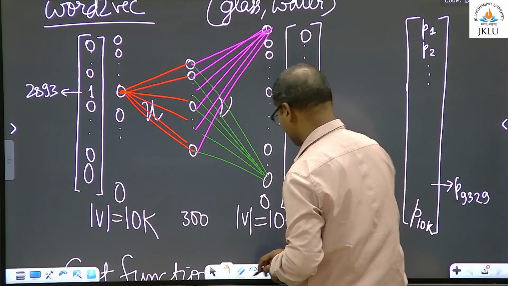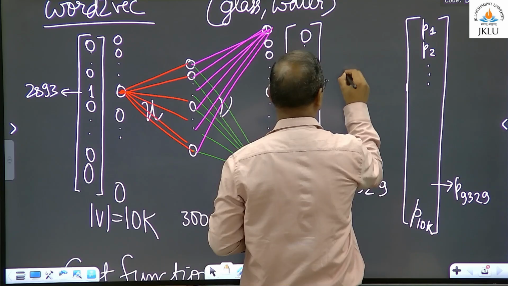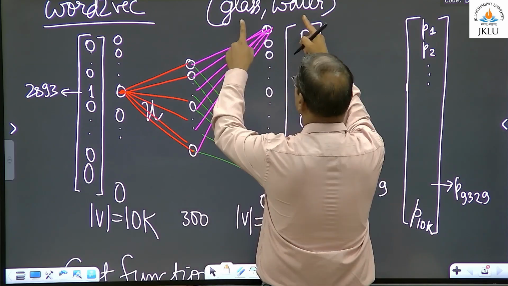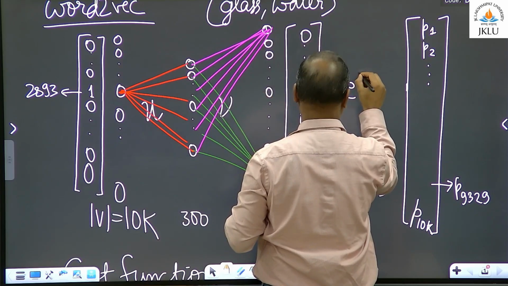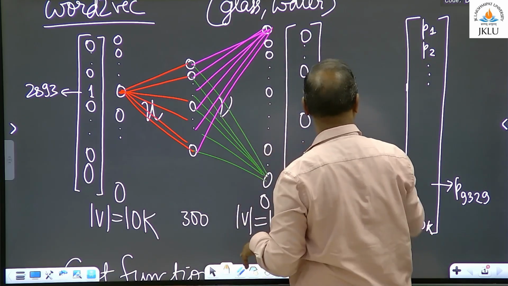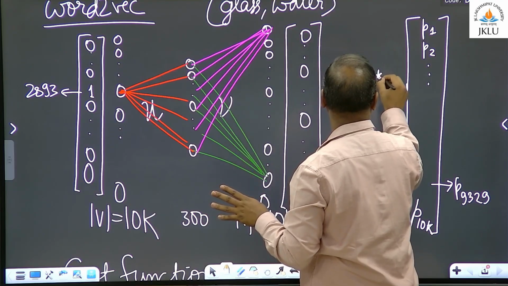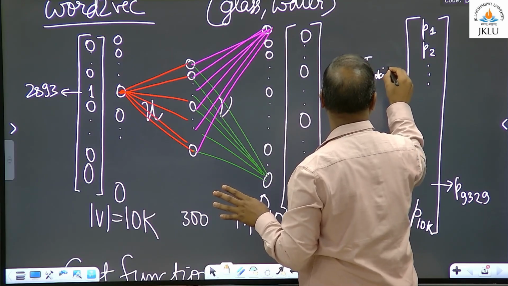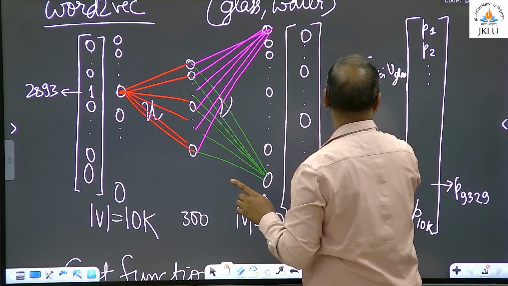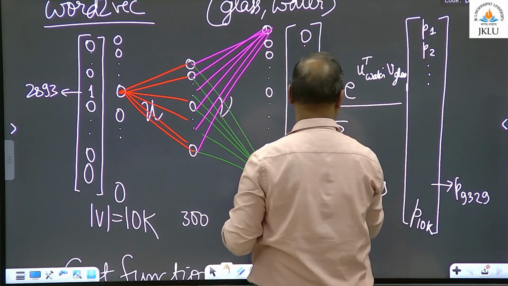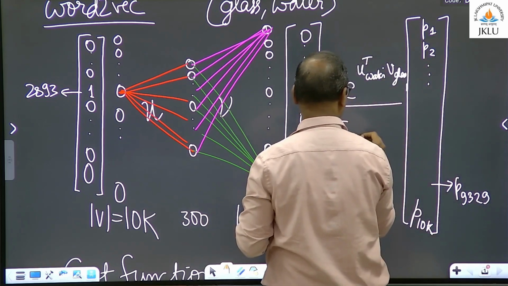So help me write this one. What was that? E to the power, give me for this example. So what was the term? E to the power U water transpose V glass, and this thing divided by summation. I am not writing what is summation, you should know what is summation. Now here we will have e to the